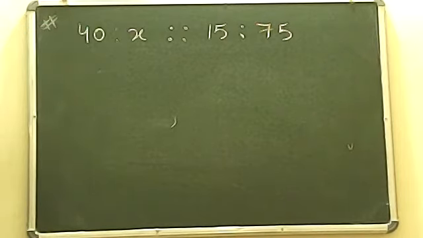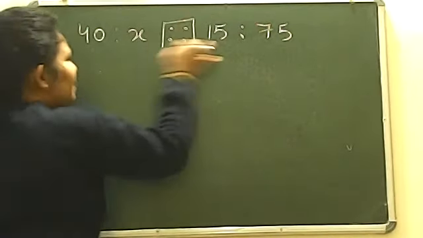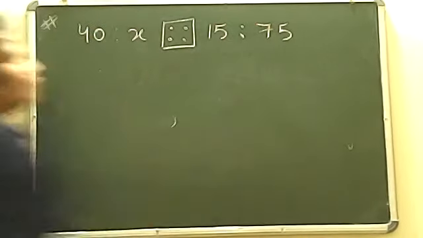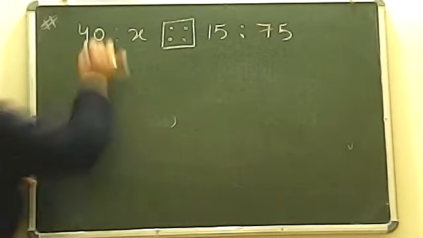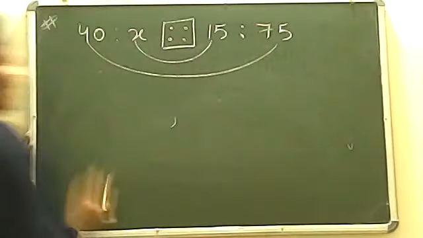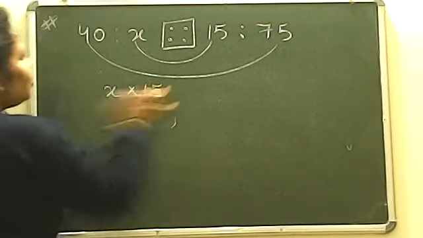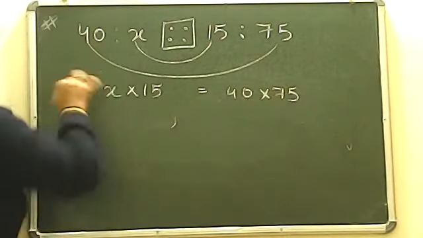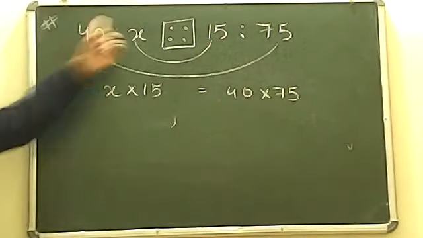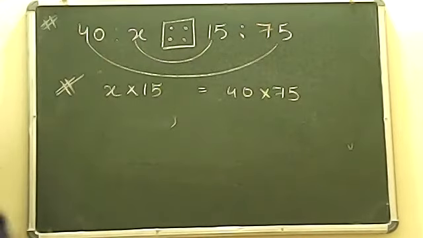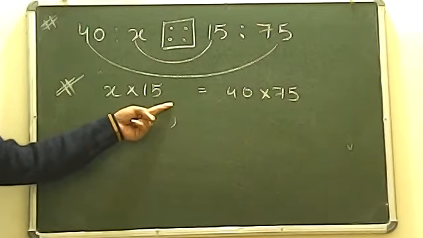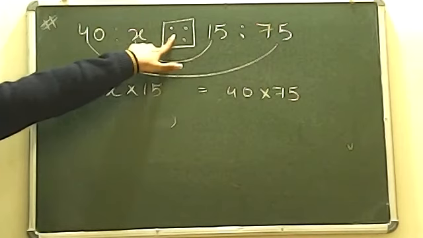ठीक है? So remember a very simple process because you are knowing when they are in proportion, because यहाँ पर बीच में sign है proportion का. That means product of this will be equal to product of this. ठीक है? So that means product of extreme will be equal to product of mean, which is very simple. That is x into 15 will give you 40 into 75. This will be always true, चाहे यहाँ पर कोई भी नंबर हो. ठीक है? Whatever the number will be, this will be always true. Product of extreme will be equal to product of mean in all the cases अगर यहाँ पर proportion sign है.